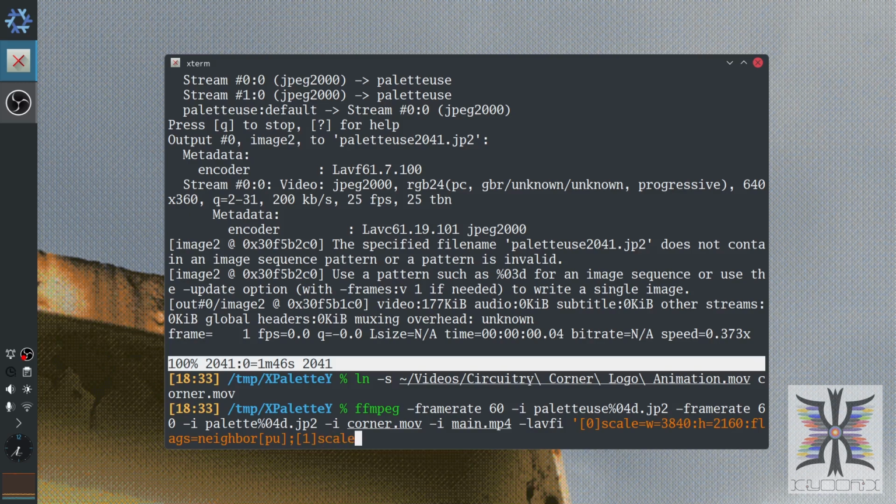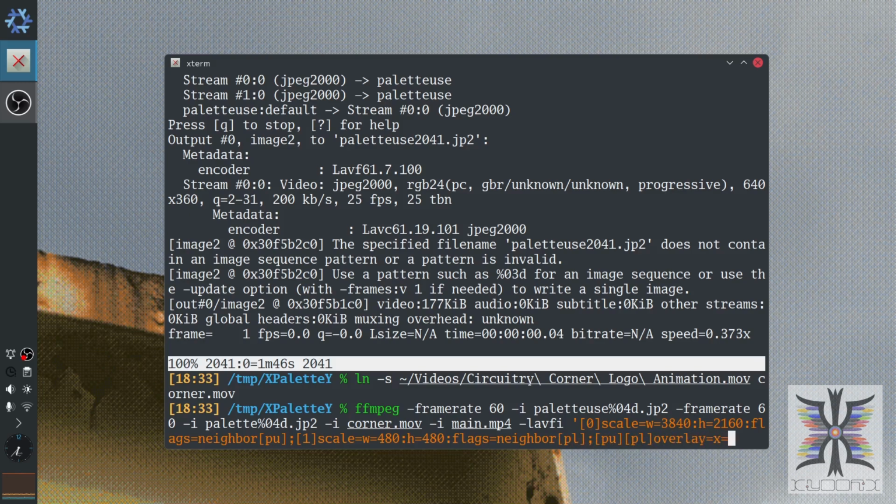I will scale this up, and usually I do 480 by 480. This is a pretty reasonable size, but feel free to play around with this value. I think I've used maybe 640 by 640 in the past, but I think for a 4K video, 480 by 480 is pretty good. And we are going to set flags equals neighbor so that we don't get blur. I'll call this PL for palette, PU, PL, overlay